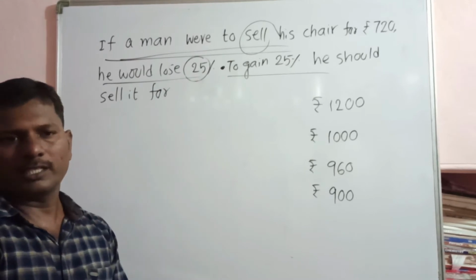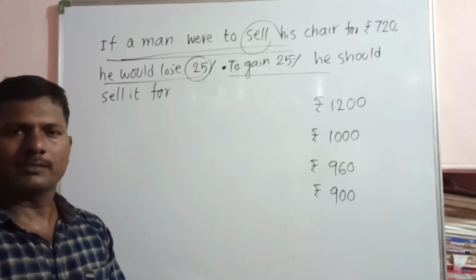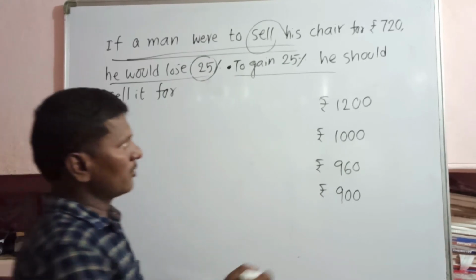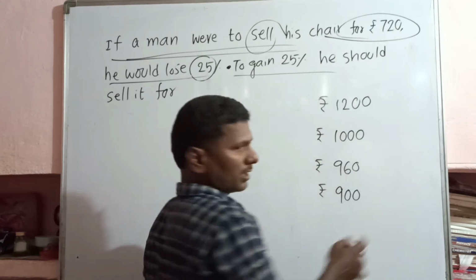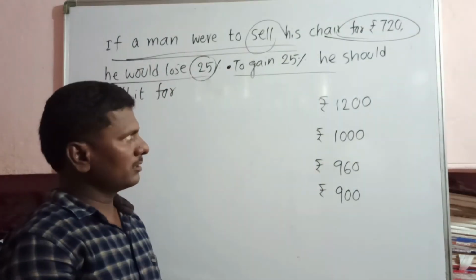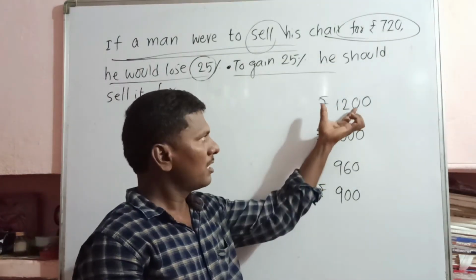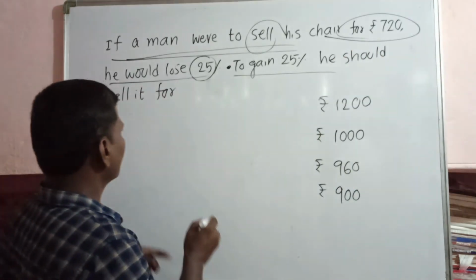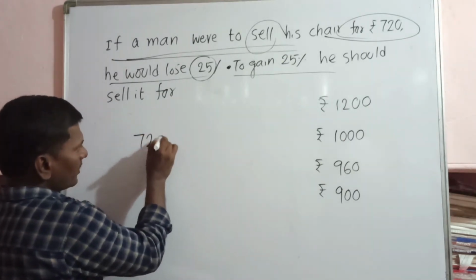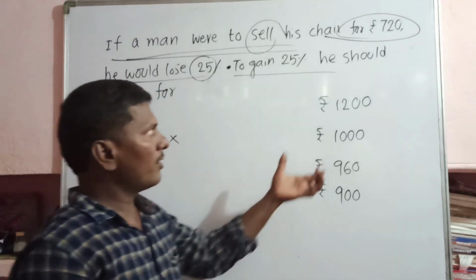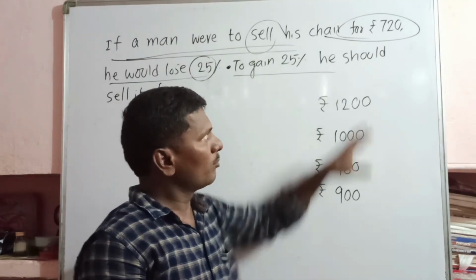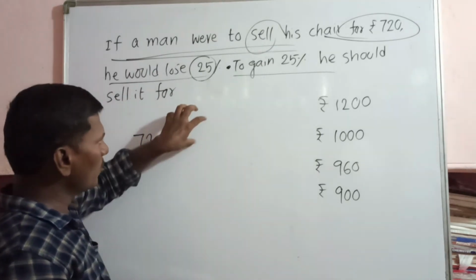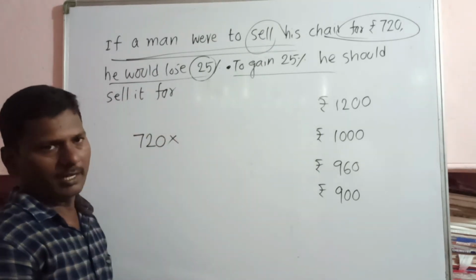Now this same question can be explained in another way. This is the best technique. Follow this. Just observe the value. Here 720 rupees is given. The answer is more than 720. See, all options are more than 720. So first write 720 into, since I have to get an answer more than 720. To get a larger value, I have to write the larger value in the numerator and the smaller value in the denominator.